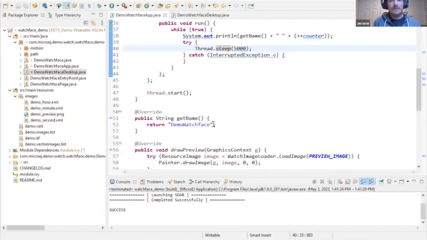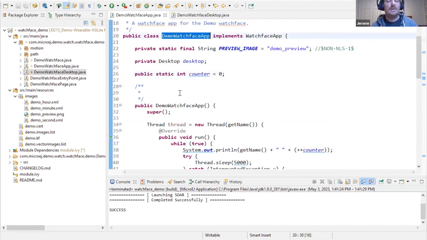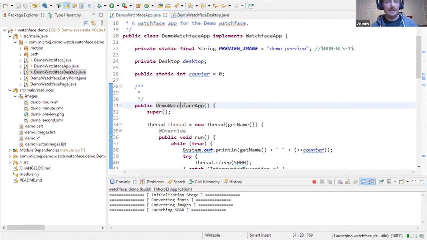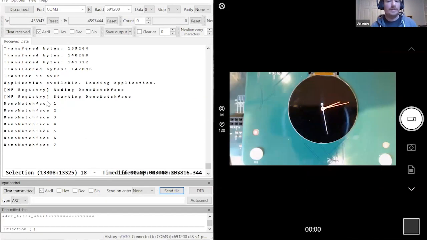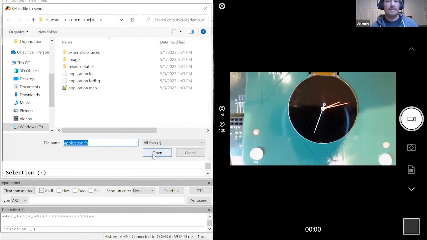If we create a new instance, so we name that watch face 2, we create another instance of the same application with a different name to distinguish it from the first one, that will access the same counter value. So this global value, it's the same class name. So we have here the same class and same code for the two applications. And so we have started the first watch face, you can see it running. And if I install the second version of the application,